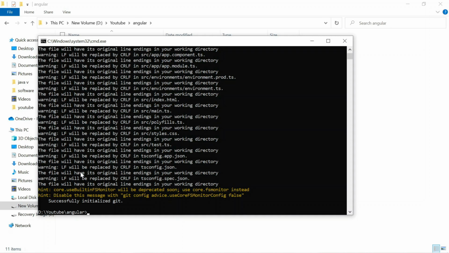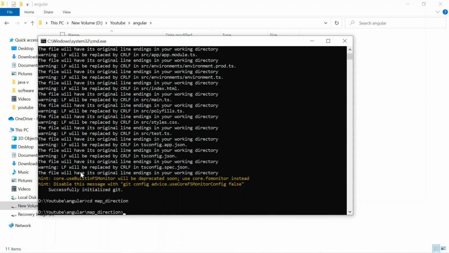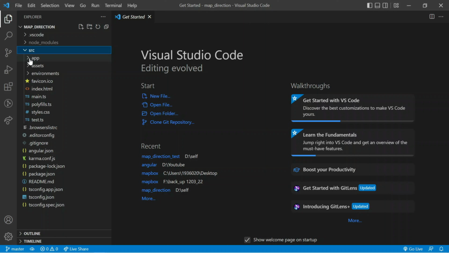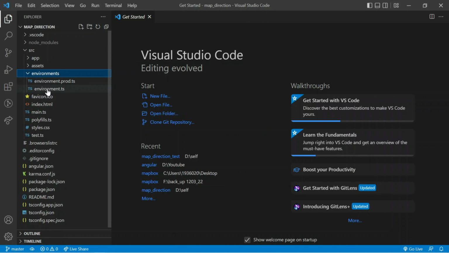Now let me open this project in the VS Code IDE. First I am copying all the code from the previous video because we are starting from that point. In this video I am not going to spend time on that same code. So let me copy that first. First, in the environment file,